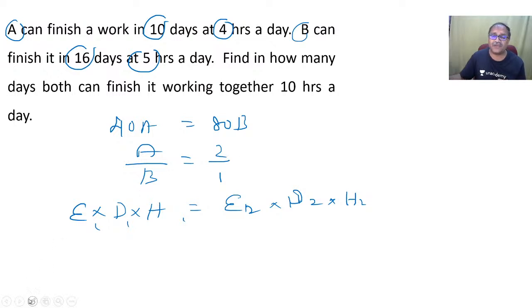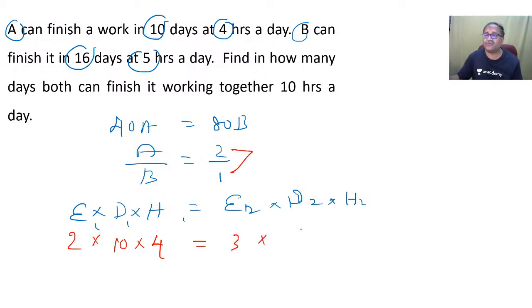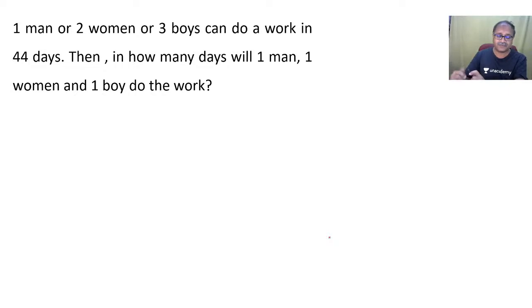In case of A, efficiency was 2, so it is 2, and the A was taking 10 days, so it is 10, and he works for 4 hours a day, that's 4, which is equal to the efficiency 2, which is the sum of this, which is 3, and day 2, which is a question mark, and H1, H2, which is 10 hours. That's what, right? Beautifully did it. Okay. Now, moving forward,